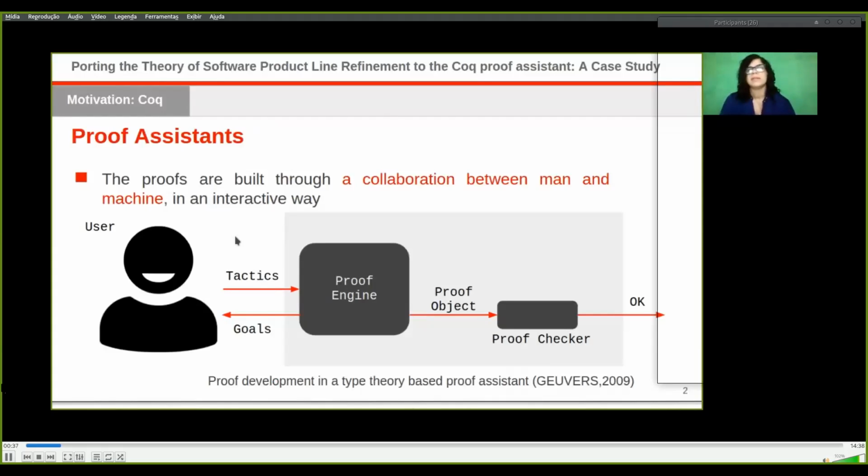In this context, we have proof systems. They can take as input a formalized proof and check that it is valid. In such a system, it is possible to write specifications, defining properties, with the help of a user, of course. To use a proof system, we need a user interface, where the user writes a sequence of commands following tactics. Also, internally, there is the proof engine, which is responsible for building the proof terms from the user's inputs. These proof terms are not visible to the user, but they are checked throughout the construction